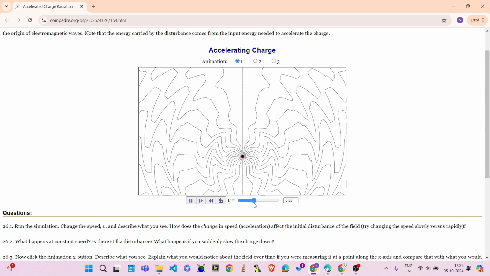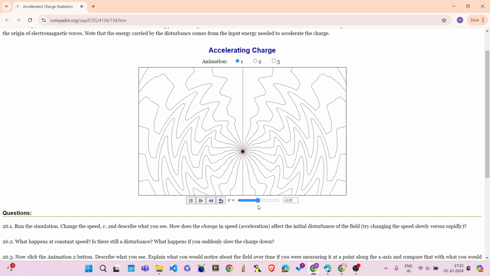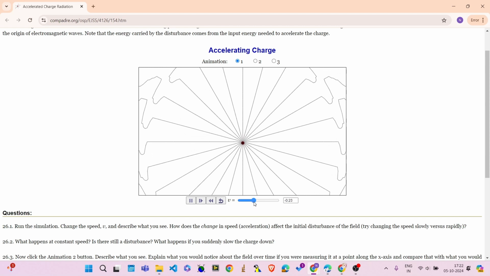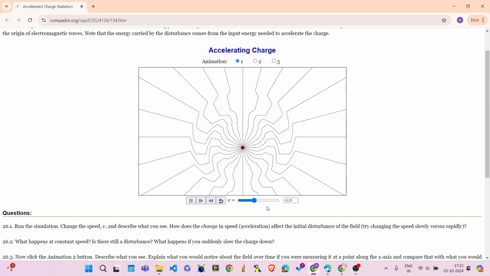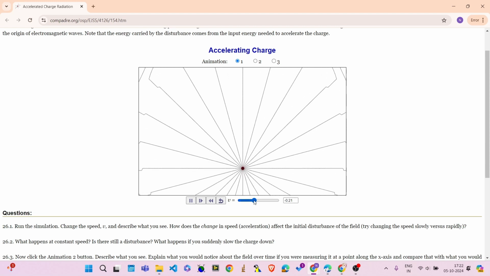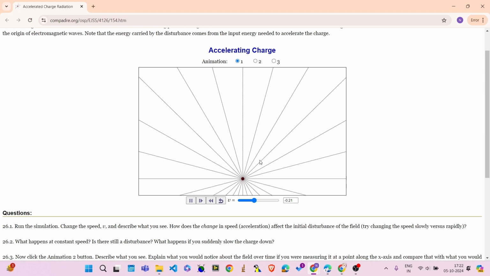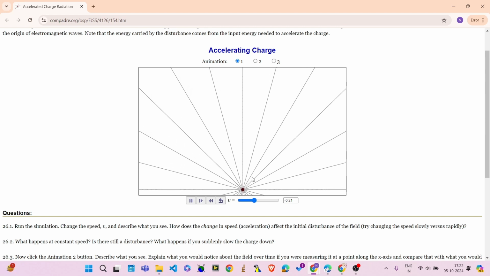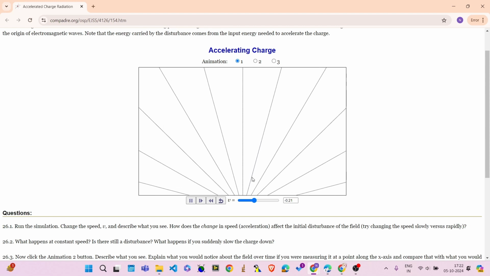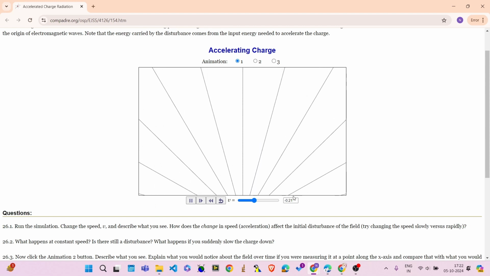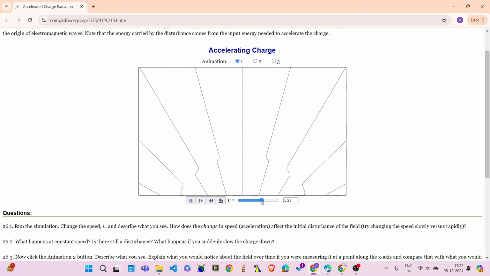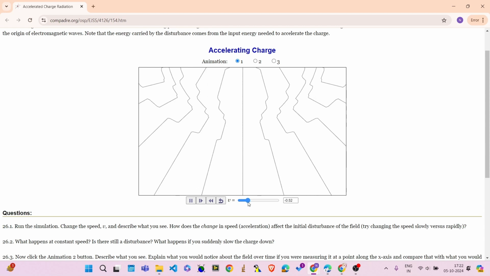So here you can see, if I'm playing around with this, it is radiating electromagnetic waves. The electric field lines are changing, but if you don't accelerate it, the field lines are very uniform. So if it is moving with a constant velocity, it won't radiate. But if you disturb it a little bit, let's say a little bit of disturbance,